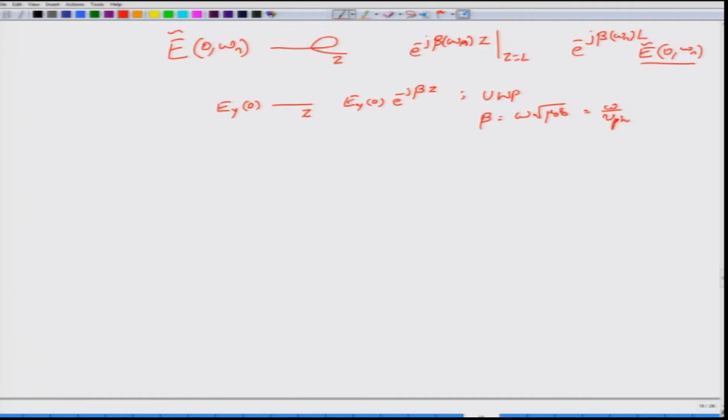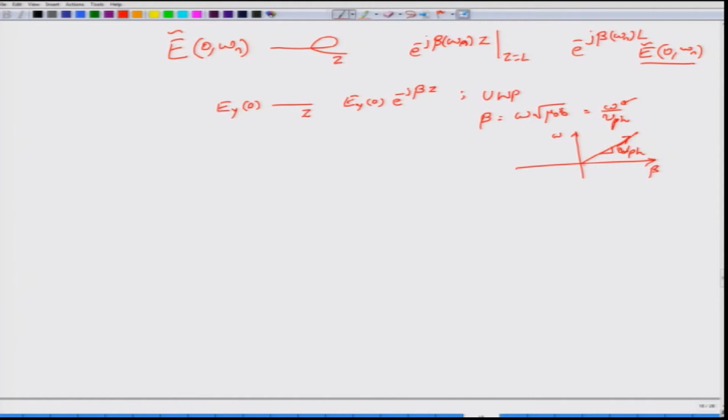Now, it is the same thing, except that beta is now explicitly dependent on omega n, and the ratio of beta to omega may not be a constant, but might actually be a function of omega. When Vph is constant, beta versus omega is essentially a linear relationship, and the ratio of omega to beta would be the phase velocity Vph. But in general, this may not be linear. In fact, we know that it is not linear.